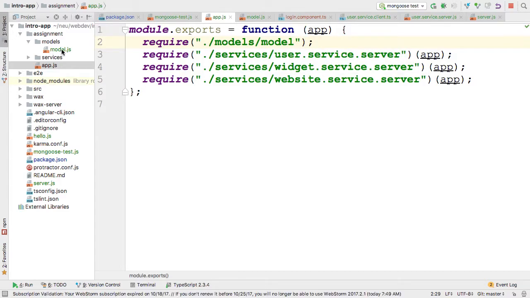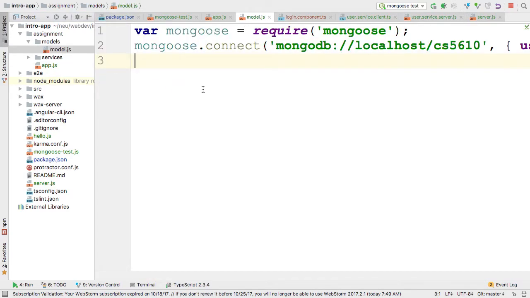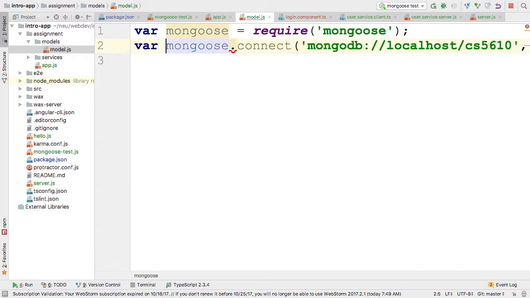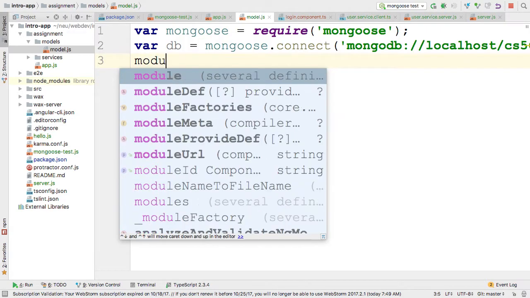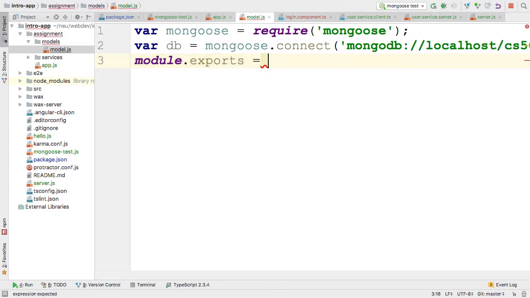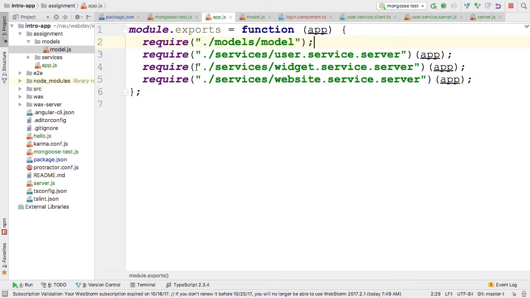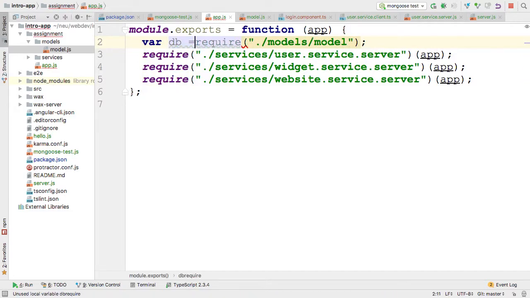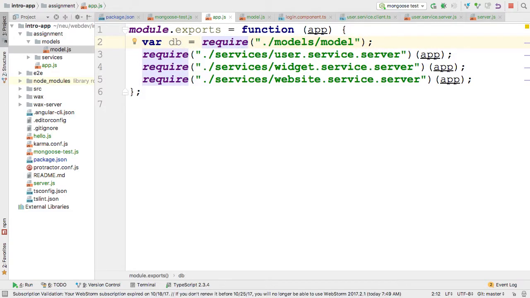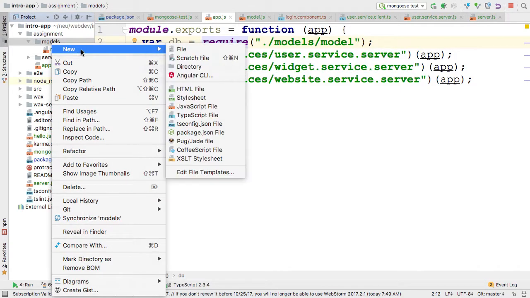We're going to require it. We're going to have to export this. Maybe we'll store it in a DB, the database, and we're going to export it right here. We're going to say module.exports equals DB, so that when we require it, we can store it right here in DB and have a reference to it. Once we're connected, we can start creating the various models that we need for each one of the